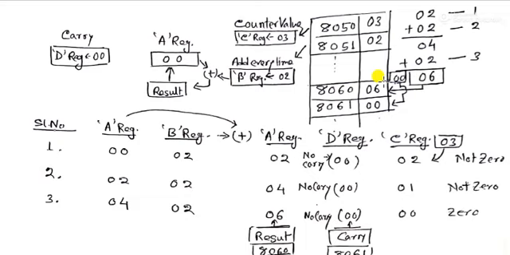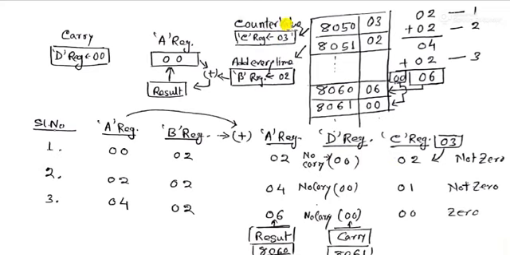the carry bit. So here we check, after the arithmetic operation of addition A plus B, whether the content of the accumulator generates any carry. Now there is no carry, because 00 and 02 produce no carry. So the content of the D register will be 00. Now move to the C register.